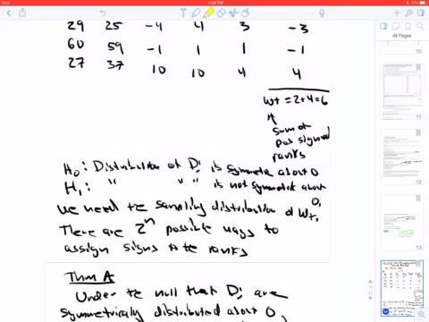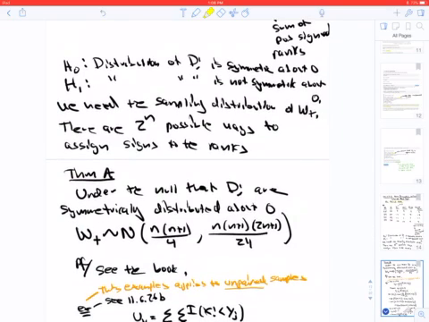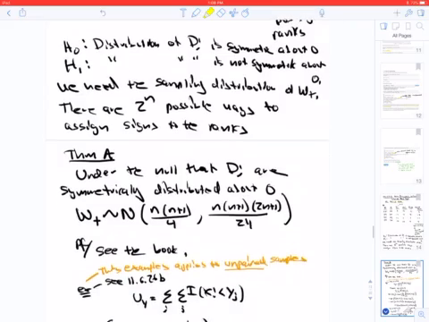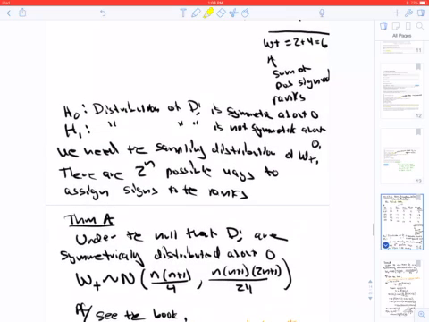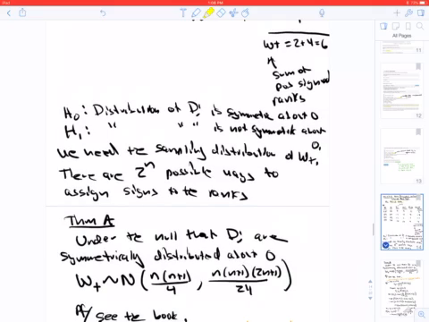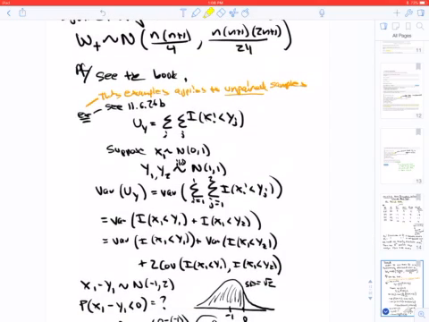So our null hypothesis is that the distribution of the Di is symmetric about 0, and W plus is our test statistic, and it shouldn't be too small or too large. It's in this theorem here, it's shown to be approximately normal, and it's quite similar to what we did for the Mann-Whitney test earlier. So we'll do